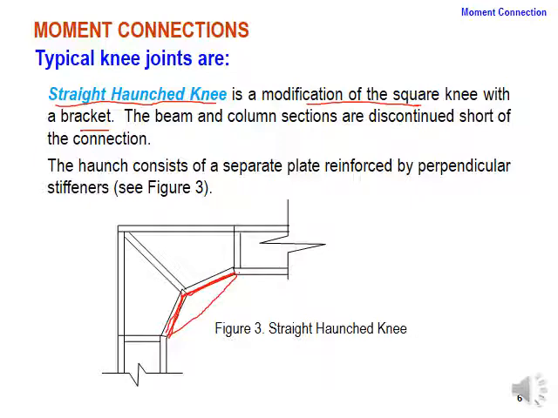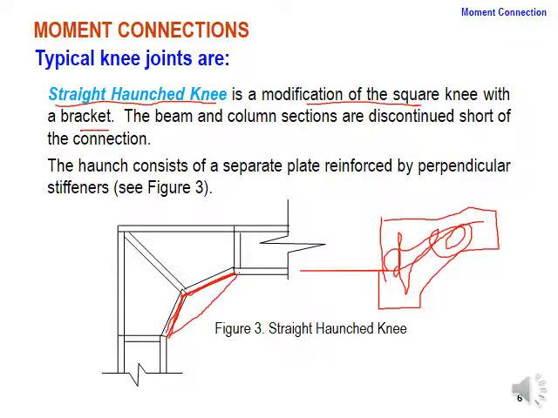As I have told you, if you are providing the bracket, that whole part where the bracket is ending within the beam, and you are providing a stiffener within the column, that area is going to give you the whole knee connection part. Now we are providing it in the form of a haunch, so the same thing is there. Here is the stiffener within the beam, here is the stiffener within the column, and another diagonal stiffener is provided wherever the two plates within the haunch are connected. So now the connection has been designed for that particular area.